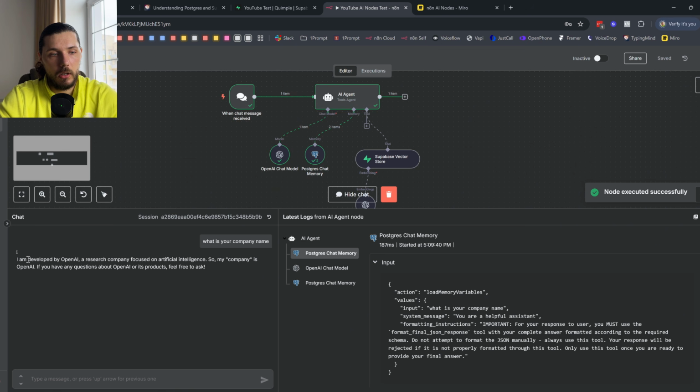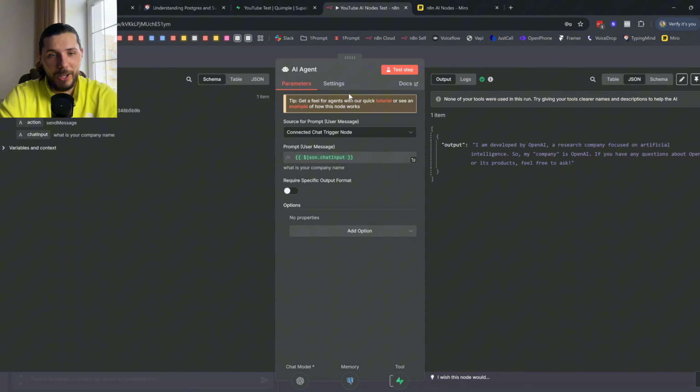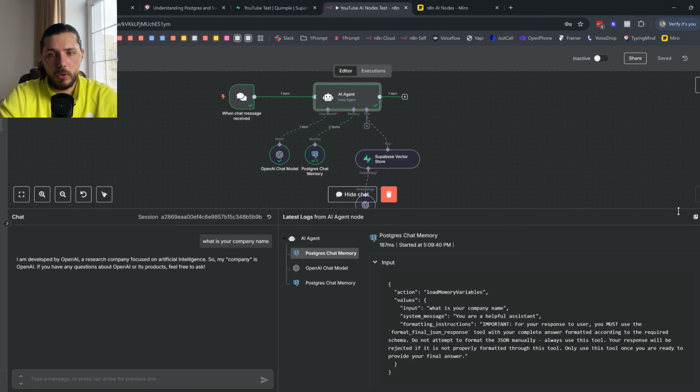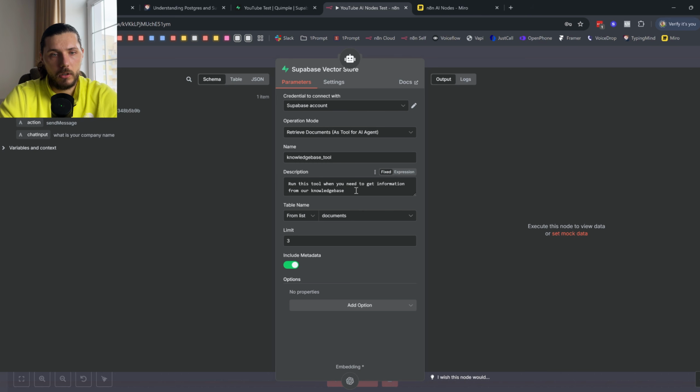It is not going to tell us anything, first because there's no information in the knowledge base, and second because the knowledge base, by the way, was not run. So what I think we're missing is that we have to get the information